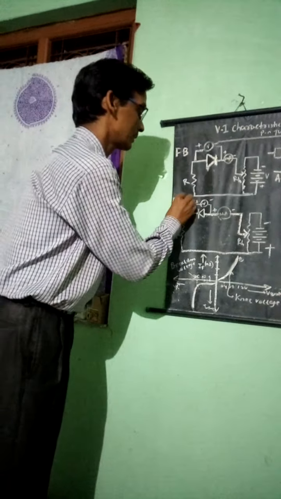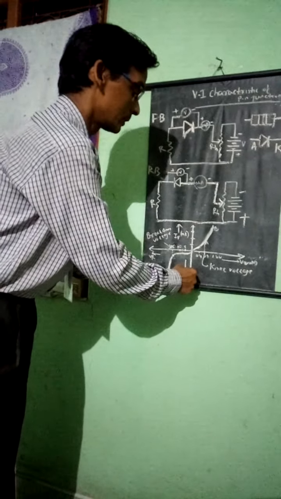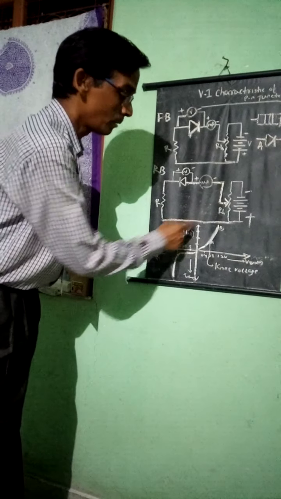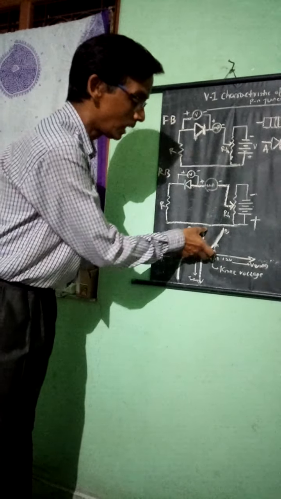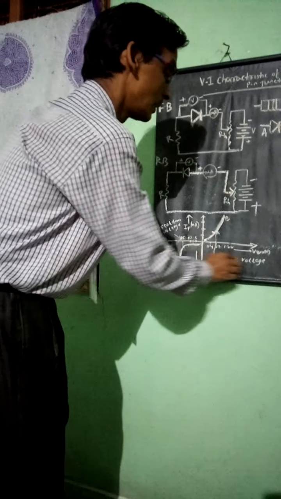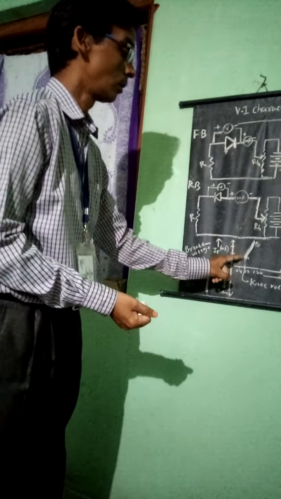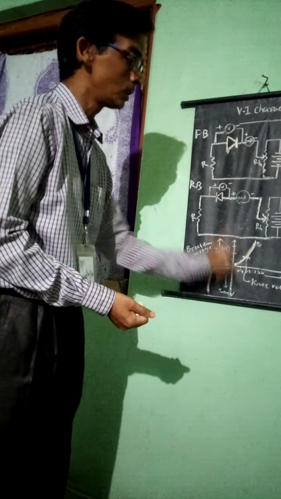In the horizontal axis I am taking the voltage, and in this axis the current. The current above, I am taking in milliampere because I have dealt with the forward biasing mode, but in reverse biasing the current flows in just the opposite direction. According to the graph, at this point a knee voltage arises. What is the knee voltage?